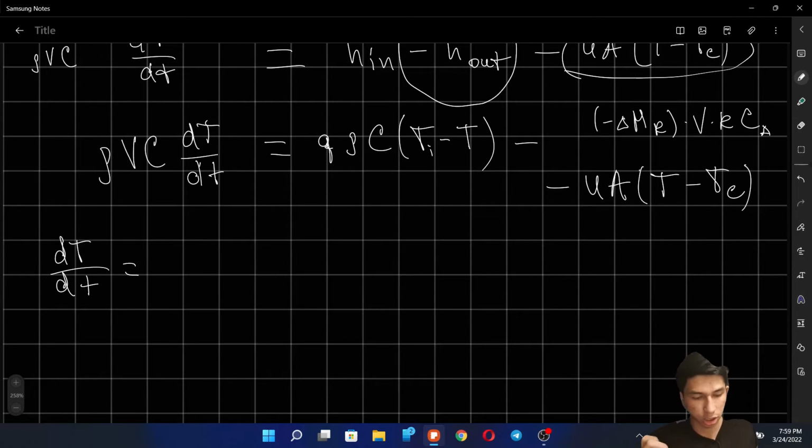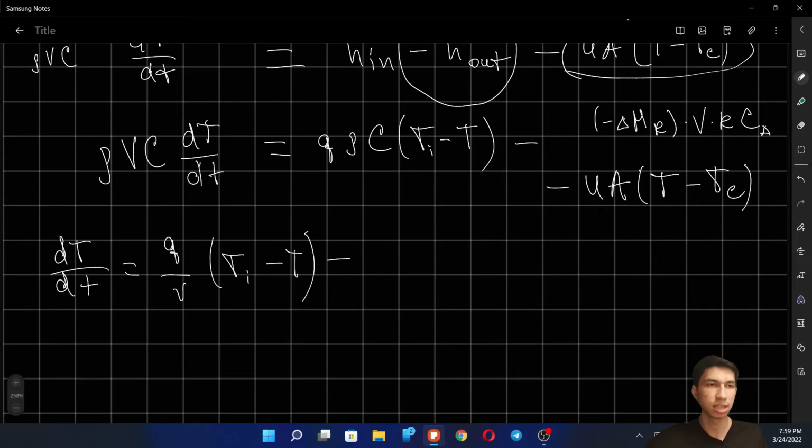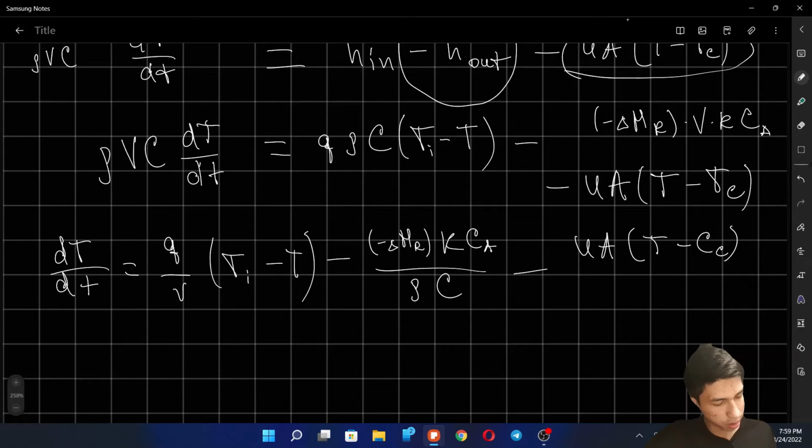differential equation. So rho is going to cancel and the heat constant is going to cancel, so it's going to be Q over V and change in temperature, right? Minus, if I'm going to divide this, it's going to be negative delta HR times, the volume is going to cancel, KCA over rho C, right? Density times heat constant. And I'm going to divide this side by rho Vc. So it's going to be,